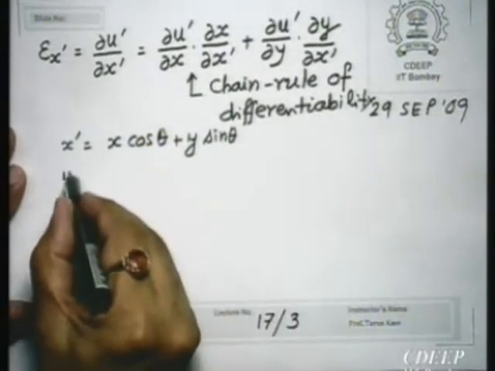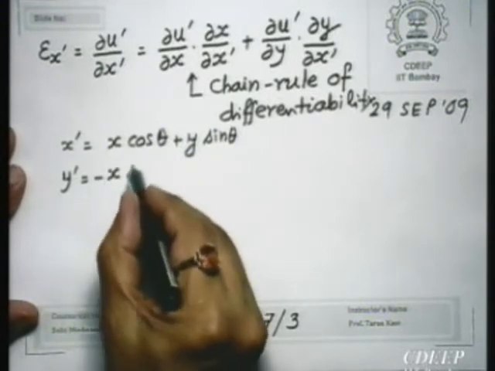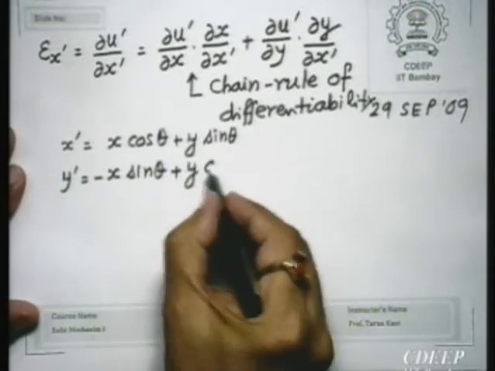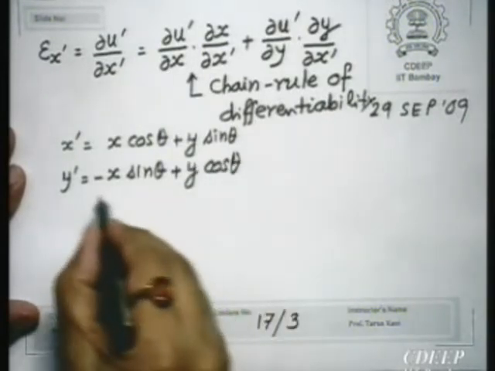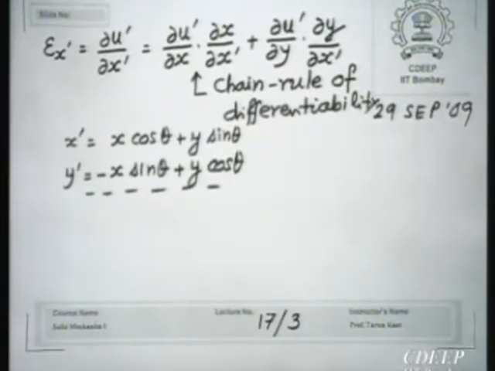Now, how it is, I can explain it, but then it will take time. I do not want to spend time on this transformation. So, that means how to relate x dash to y dash. You just draw, it is a geometrical relationship between x dash y dash and x y. Take any point, draw the perpendicular parallel to x dash y dash axes, draw perpendiculars parallel to x and y, and then you relate the two coordinates.